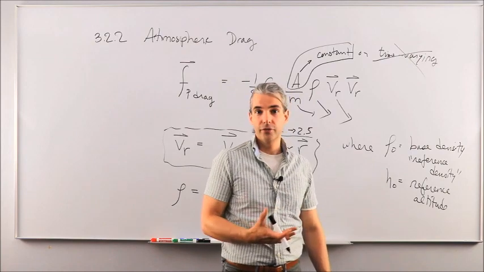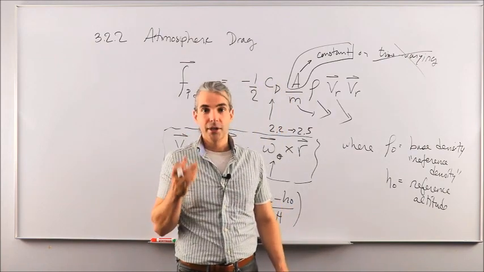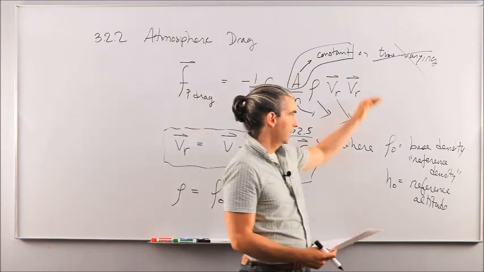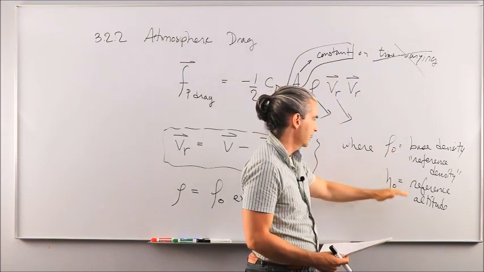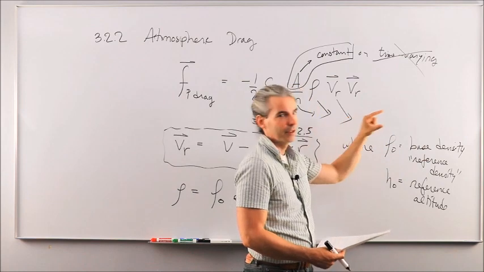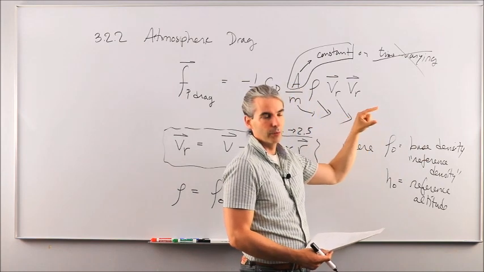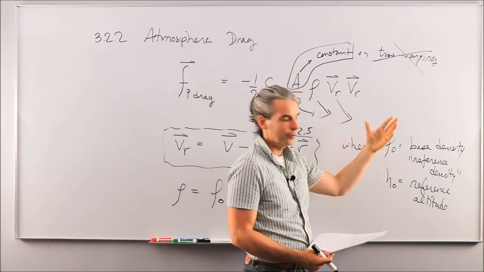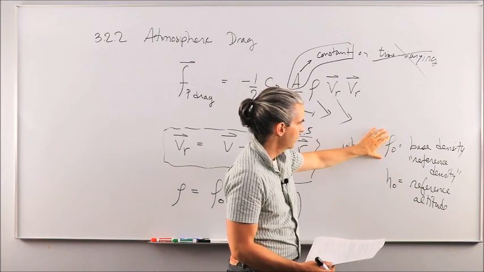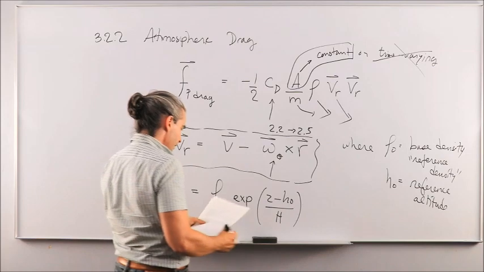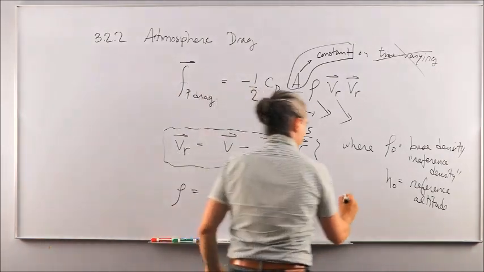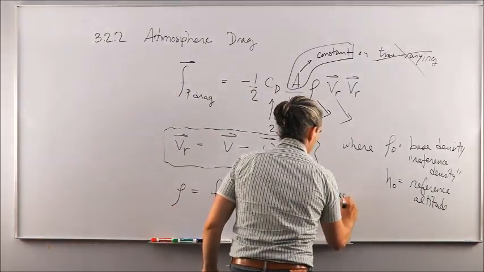There are actually a bunch of tables in astrodynamics textbooks that are listing a bunch of base density or reference density and reference altitude for a specific range of altitudes. So between 500 and 700, we get one number here and another number here that we can then plug into this expression. Z is your actual